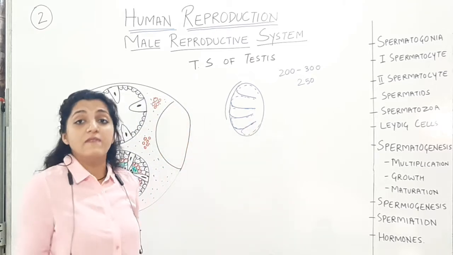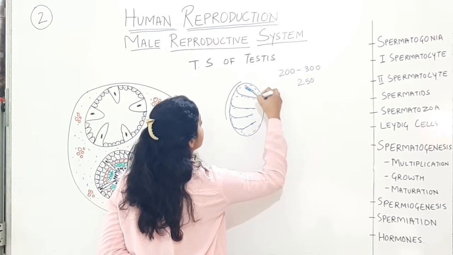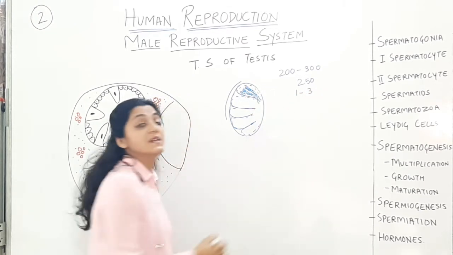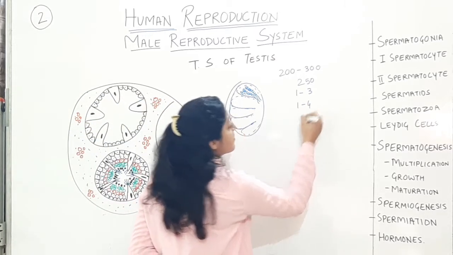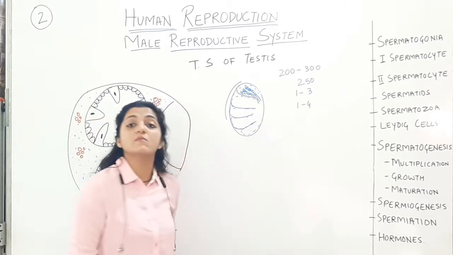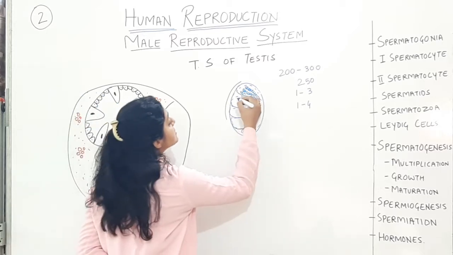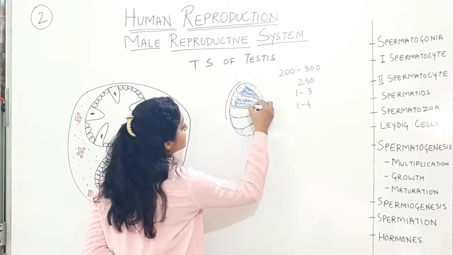Now each lobule we have seen will be having coiled tubes called the seminiferous tubules. So 1 to 3 seminiferous tubules. Each lobule will be having 1 to 3 seminiferous tubules. Alright, you may also have it as 1 to 4 in some of the reference textbooks. But NCERT is giving you 1 to 3 seminiferous tubules, so you have to remember that for your MCQs in the NEET exam. So each testicular lobule is going to have these coiled tubules which will be straightened up at the end. We have seen this in detail.